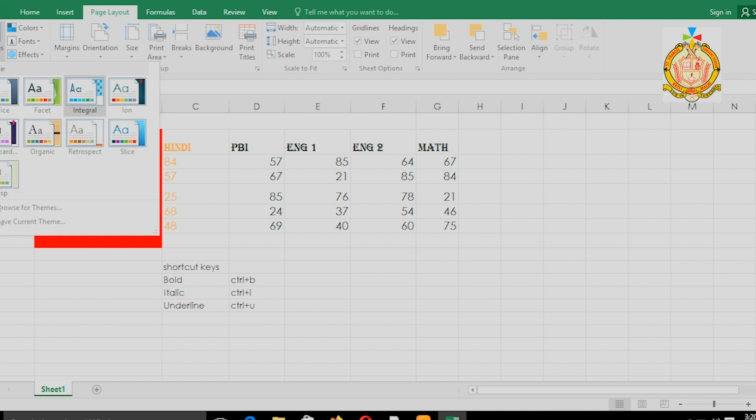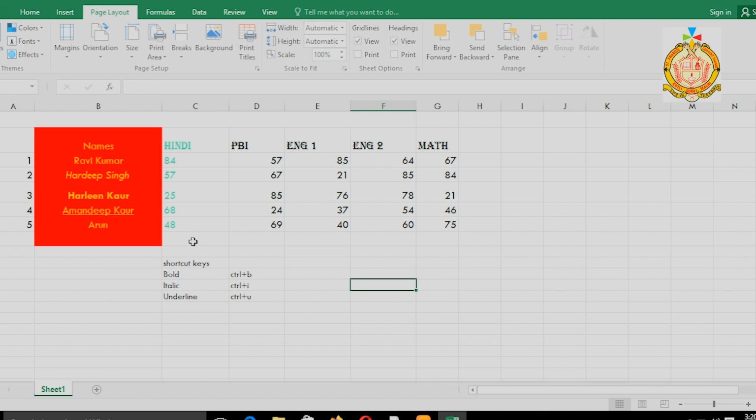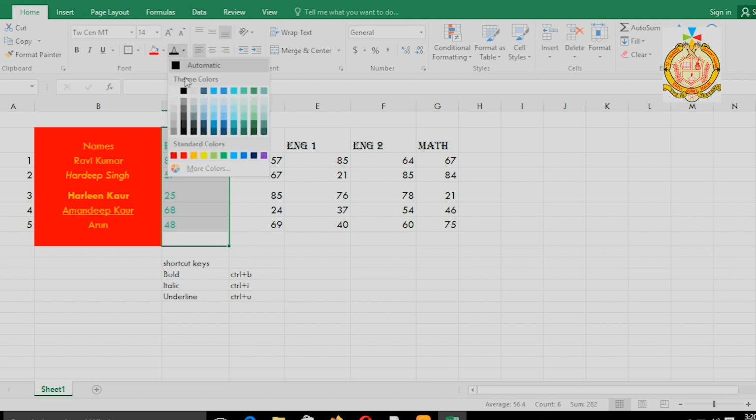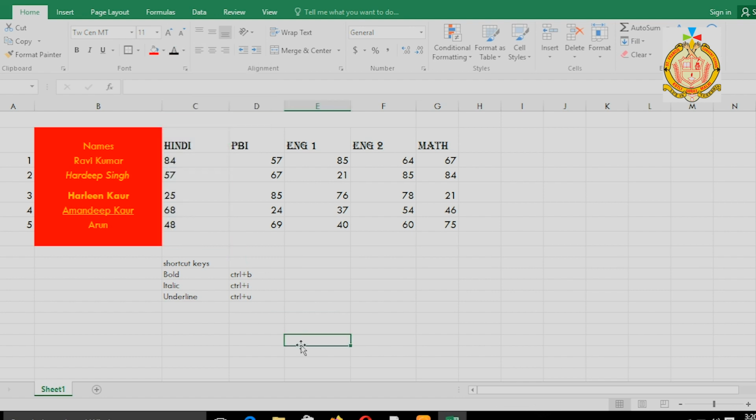Next is a very important topic, adding conditional formatting. Students, this is very important in Excel. This feature is very important.